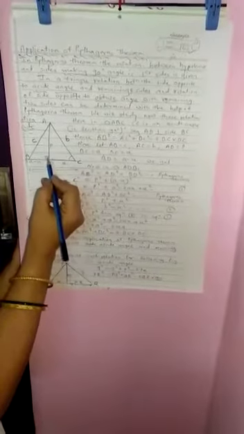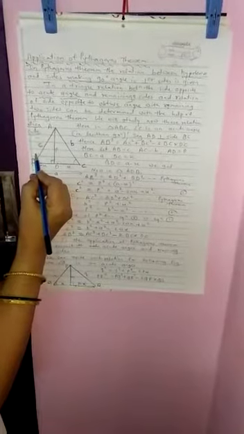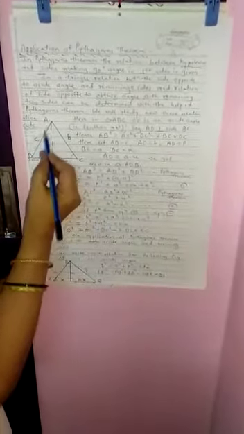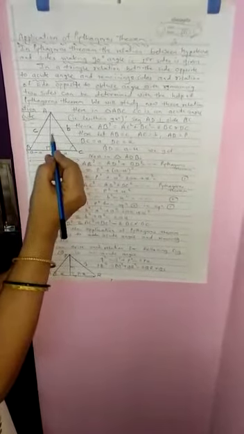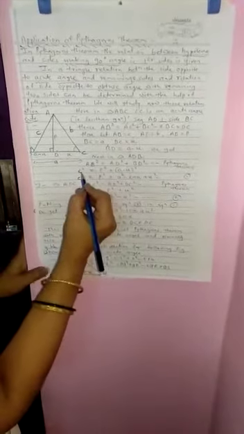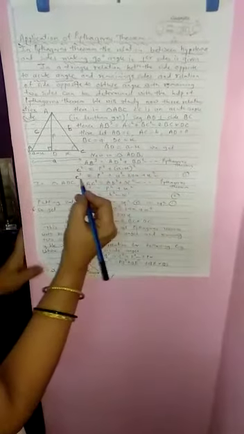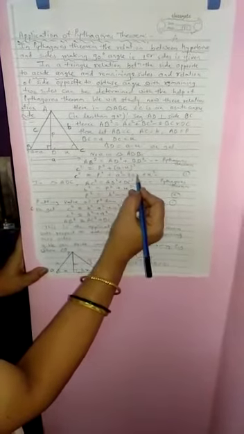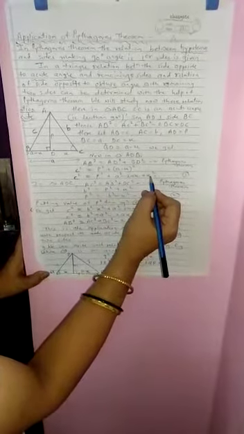Now in triangle ADB, according to Pythagoras theorem, because angle D is 90 degrees as it is perpendicular, AB square is equal to AD square plus BD square. Now AB has length c, AD has p, BD has a minus x. Putting these values, c square is equal to p square plus (a minus x) square. So c square is equal to p square plus a square minus 2ax plus x square. The bracket (a minus x) is expanded.